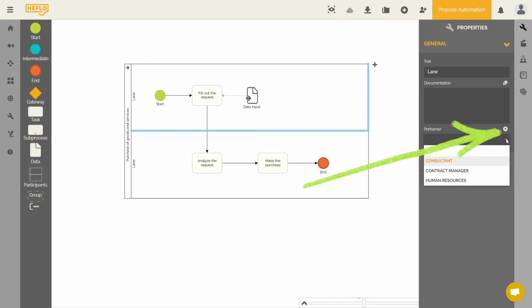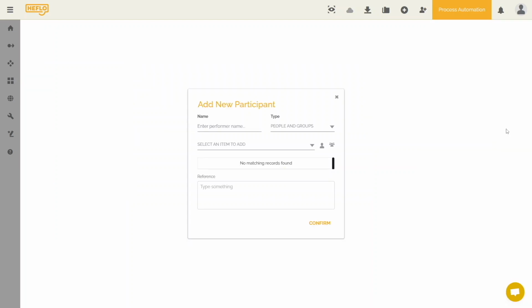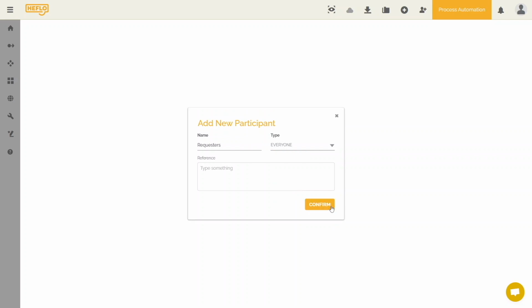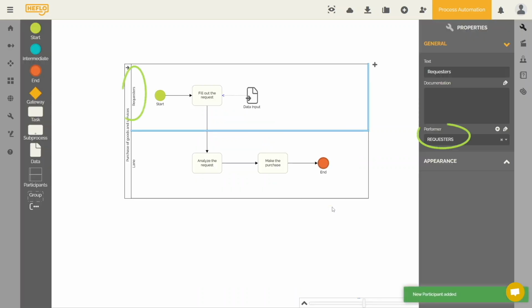So I'm going to ask you to click on that plus icon, and then you will fill in the following. Let's put here requesters. This lane will be filled by requesters, and here you need to select the everyone type. This means that everyone in my company can participate in this lane.